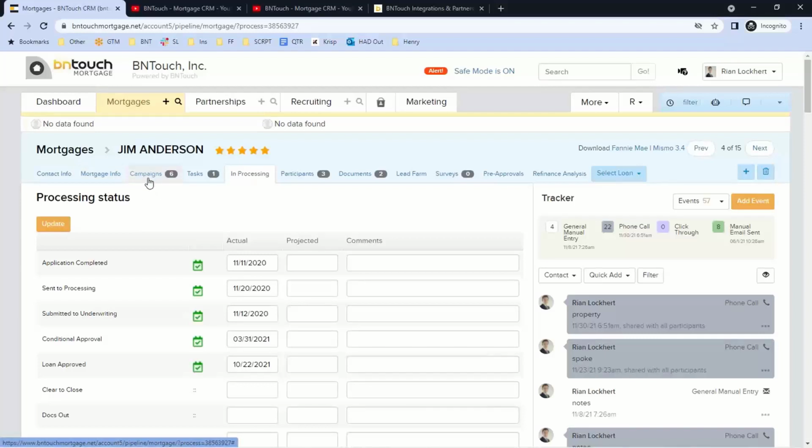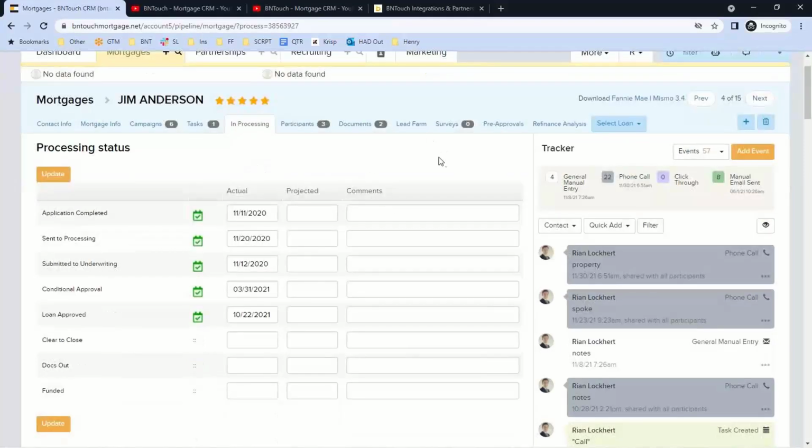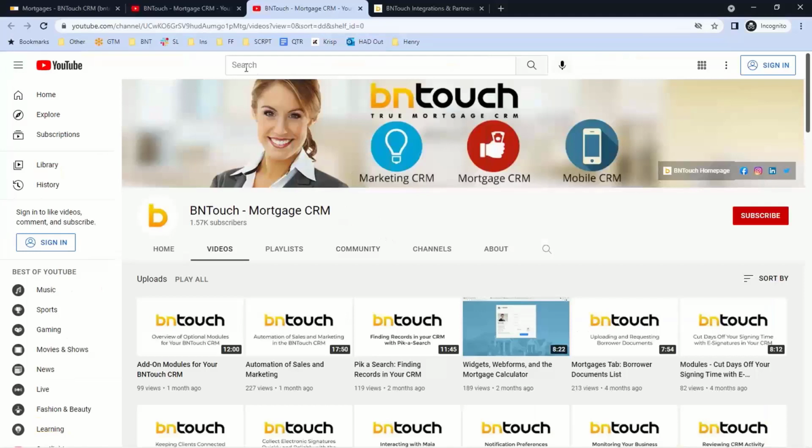Essentially, once that integration is set up, you can then be in a borrower record. We've got all of these different fields within a record, from contact information, mortgage information, and application information, to campaigns, which lets you know which campaigns they're on. And there are other fields. We talked about the in-processing fields. When that integration is turned on, you would have another selection here, which would say quick quotes, and it will allow you to generate quotes and save all of those quotes integrated with Optimal